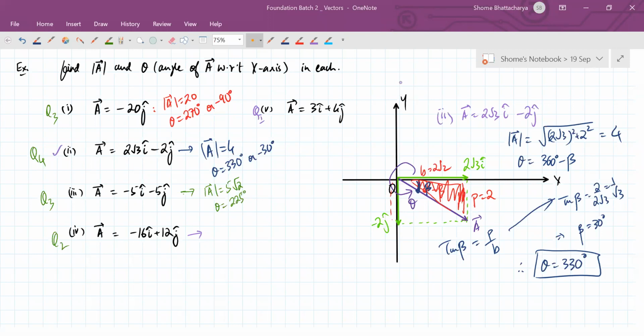So the angle cannot be like that. Bhavish, your answer was correct for the fourth one. No, Yash, I'm not receiving any messages from you. Apart from this message, this is the first one I received. If you're having lag in audio, just try and disconnect and connect again, okay?